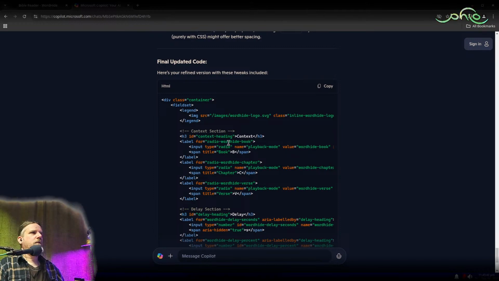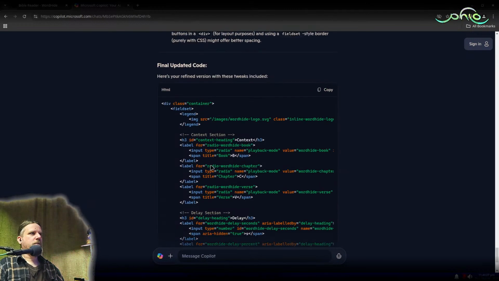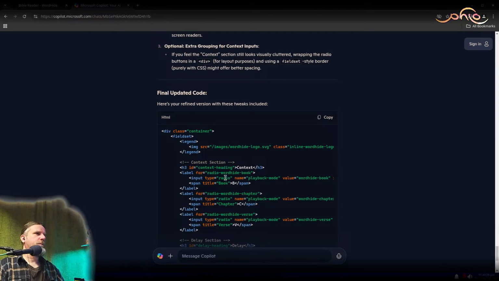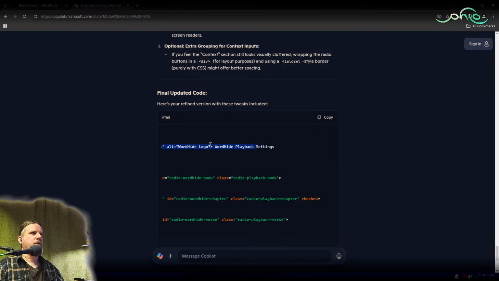Context heading. I always hate it. It always bugs me when there's all these extra IDs and classes for no reason, but if it's actually helpful for screen readers, I'll leave it in. I try to keep presentation and structure kind of separate, but there's new ways you gotta learn, you gotta change it and do stuff differently sometimes. And I'll go with this probably. I don't like what it did to the legend, of course. Word back playback settings or word hide playback settings. I'll think about that.